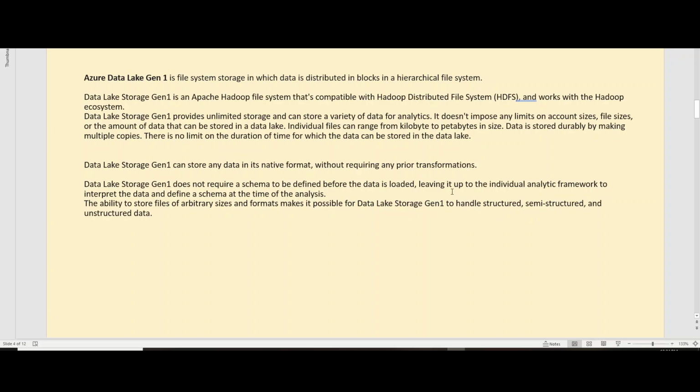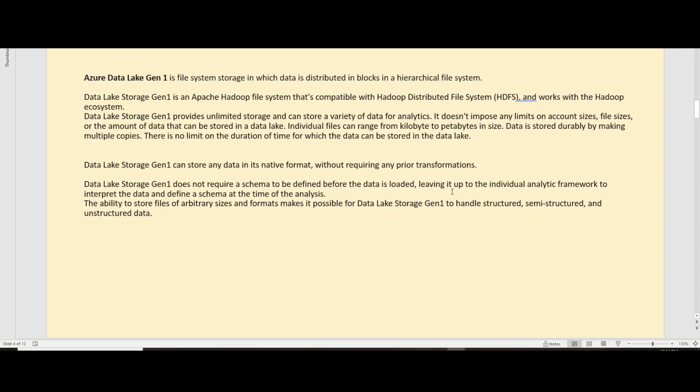So your Azure Data Lake Gen 1 is a file system storage. I already showed you that there is an option for enabling hierarchical namespace when you create a storage account, right? So that is basically Azure Data Lake Gen 1. And even while selecting the storage account type, at that time also you need to select Gen 1 from the drop down. So we selected Azure blob storage. Instead of blob storage, you need to select Gen 1, and automatically your hierarchical namespace will be enabled. So you need to check on these options.